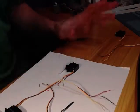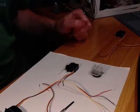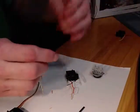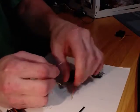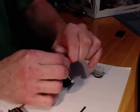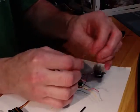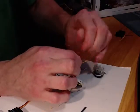Now what you can do to connect them all together is get a terminal block, and we're going to install all the wires into the terminal block. I found it easiest to take the same color wire across all of your servo pieces, so you should have 3 wires to clip together, and just twist all the dark browns together. Then you twist all the oranges together, and you'll twist all the yellows together. All this is doing is making it a little bit easier for you to insert them into the terminal block. So as you twist away,